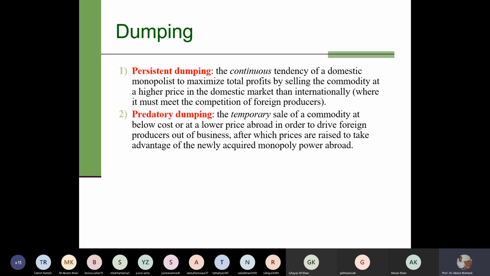Because you lower the price of your product in the foreign market, in some other country's market, and then because they cannot compete, you're selling your product at a below cost, or you're selling your product at a lower price than compared to your domestic price in your own country. So the foreign competitor will not be able to compete with that firm and they will be driven out of business. And once they are driven out of business, then that firm which is doing predatory dumping will get monopoly power, and then after getting monopoly power, they increase their price because they know that now there is no competition and you are the only firm